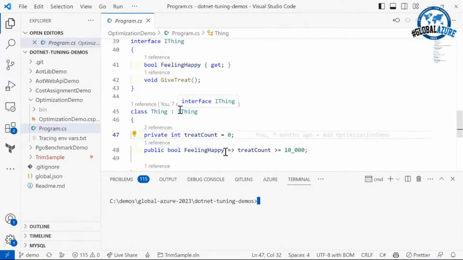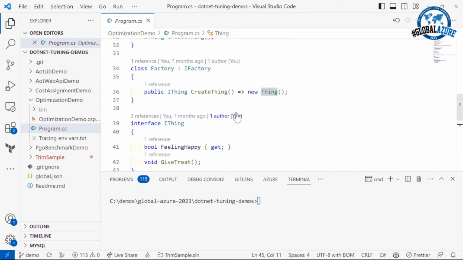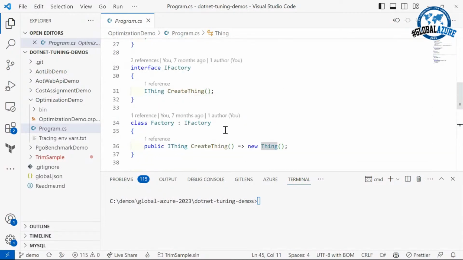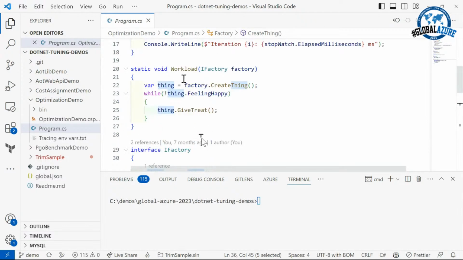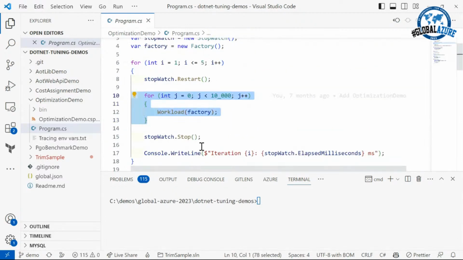So I have an application here that is quite simple and stupid. There is an interface which only has one implementation, like something I would typically have in my business applications, where I have the interface just for testing, but in reality, I only have one implementation. And I have a factory interface, also with just one implementation that creates things using a concrete type. And then I have some workload functions that execute some functions, with a while loop. I wrap that into another for loop and just do some measurement and see how long that takes. If I run that now,